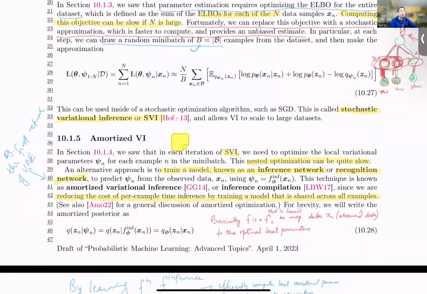What you see on the right-hand side of the equation, n over b, is that we take a mini batch. We're not going to use the entire data set. We're going to do mini-batch gradient descent. If my batch size is, say, 64, then I'm going to take 64 samples, and obviously my loss will be 64 times bigger than with one sample. That's why you see the division by b. Then we take a look at our ELBO over this batch of examples, and voila,